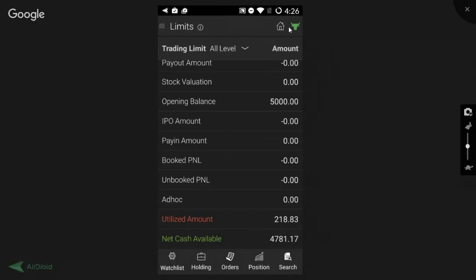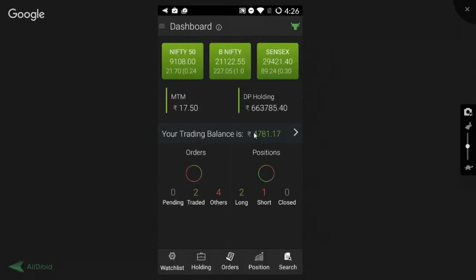And on the dashboard, you just get your net available balance. This gives you the balance that is available for trading. And if you want to know how you are given this balance, you just have to click on it. It would explain how you are up to this balance, what is the margin used, how much amount you had paid out, and how much of the margin was used for creating a position. So I hope everybody is clear with this limit part.